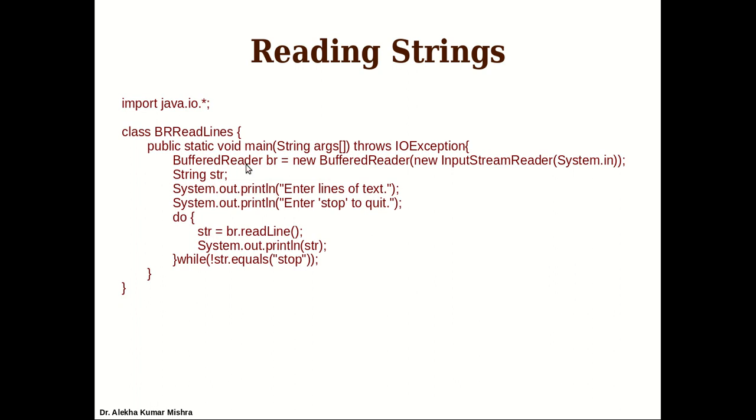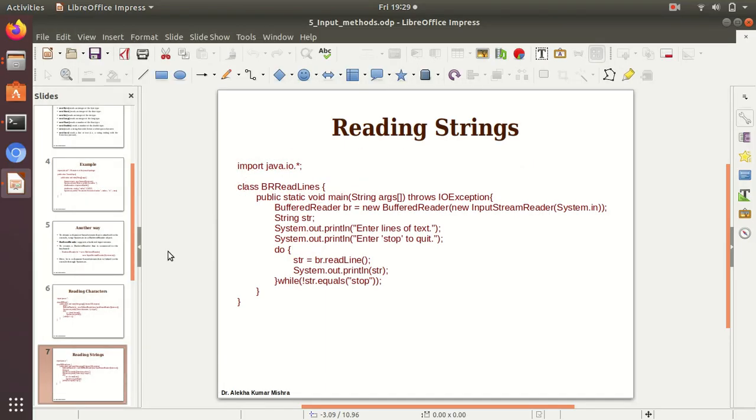I will discuss string objects later. Remember, BufferedReader is part of the java.io package, so you must include the java.io package for using BufferedReader, and must use the util package for using Scanner. You must remember that, and don't forget those lines. Let's see this example of how we can read line by line using readLine of a BufferedReader object.